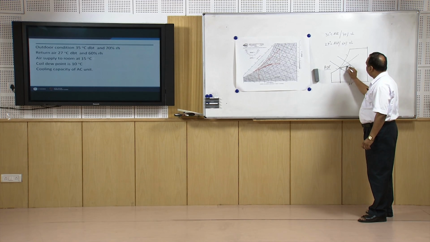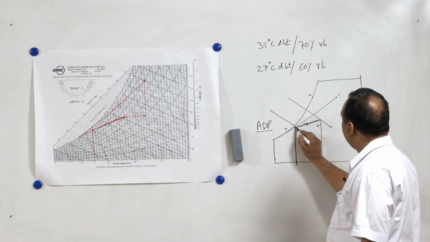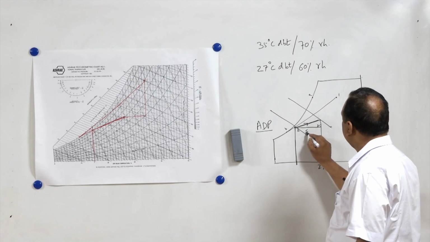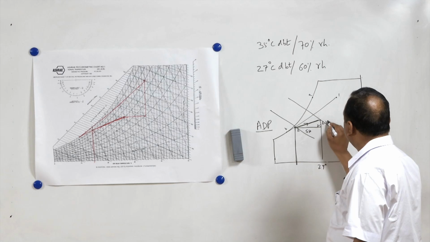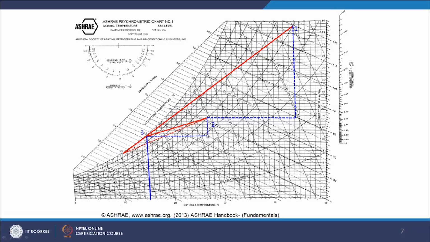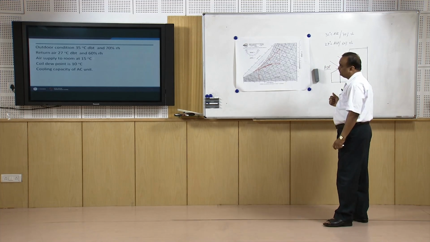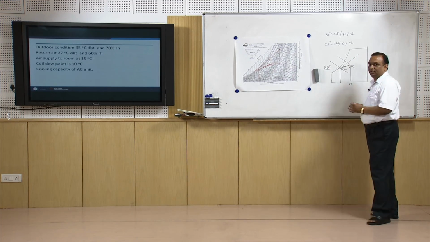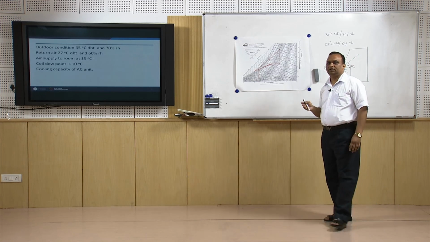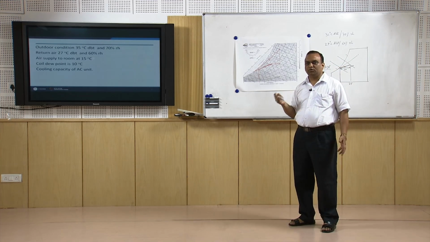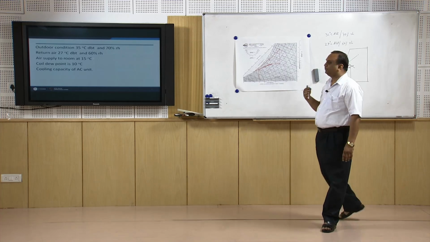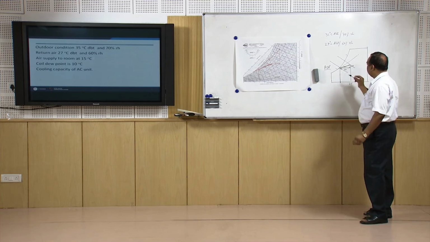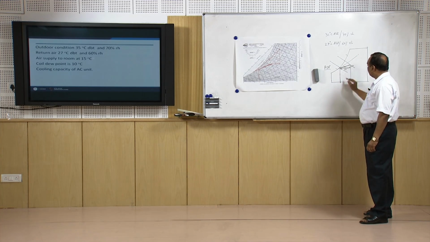Now, this process, this 3 to 2, has two components. This is sensible heat and this is latent heat. So, in a room there are two types of heat addition, sensible heat addition and latent heat addition. For sensible heat, for example, the heat added by the lights, heat added by the occupants, heat coming through the wall, these are all components of sensible heat addition,